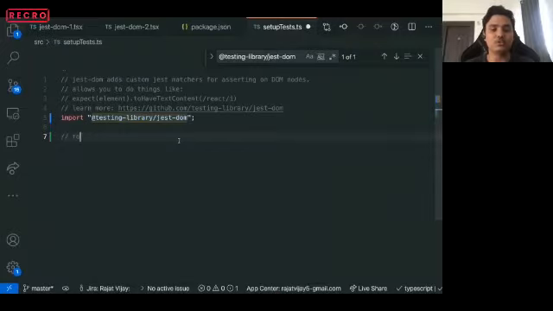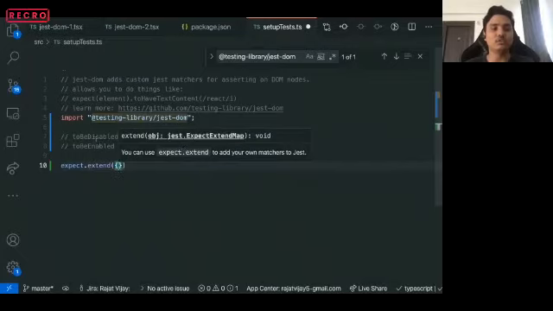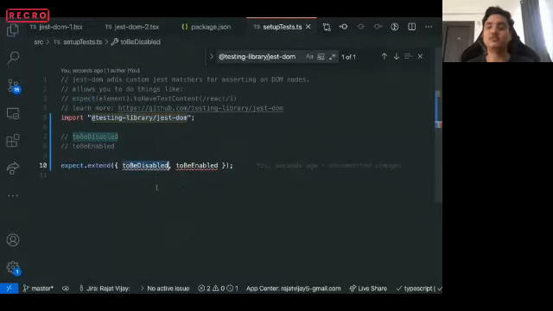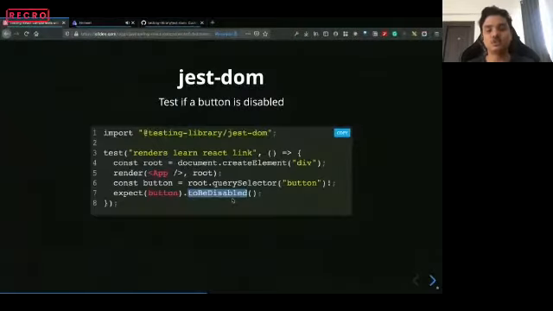For example, it will have toBeDisabled and toBeEnabled. And what it internally does is it takes the expect function of Jest and extends it to have all of these things. And that's how you get the toBeDisabled function available on the expect Jest global function. So that is the use case of Jest DOM library.